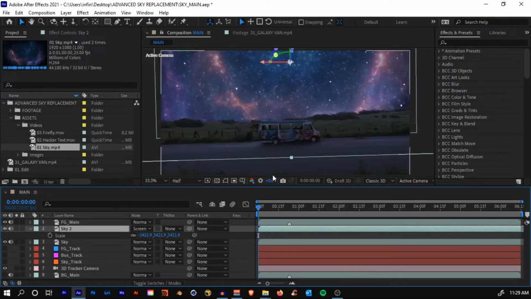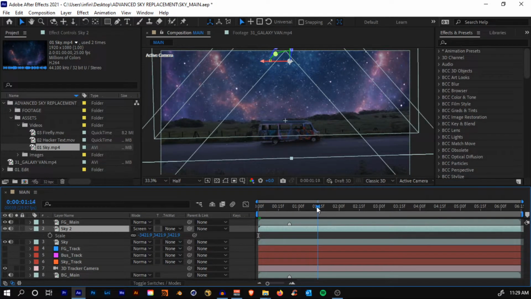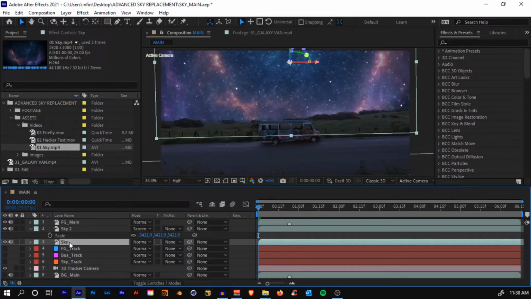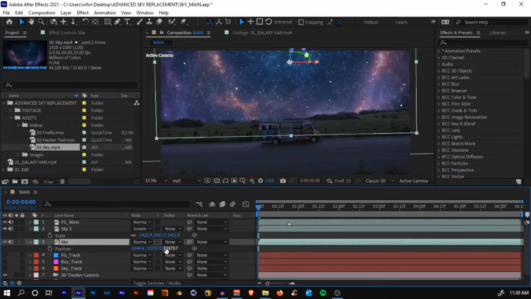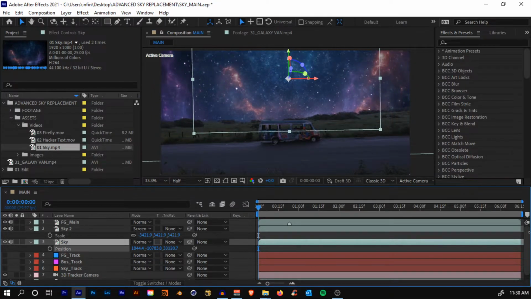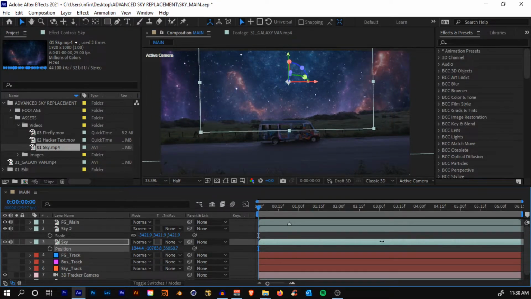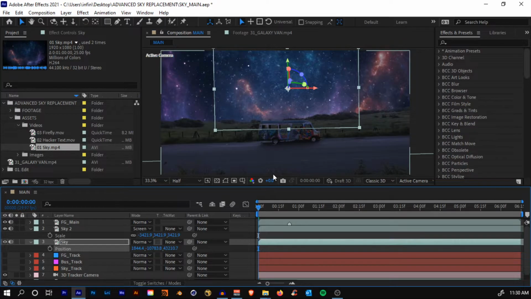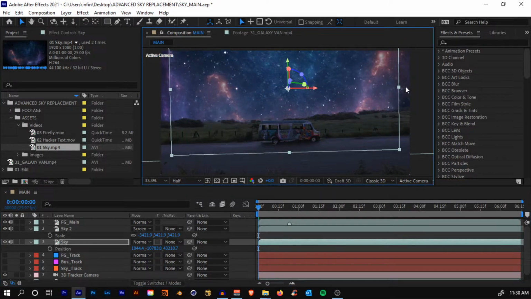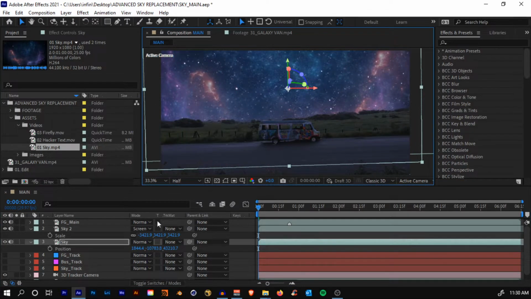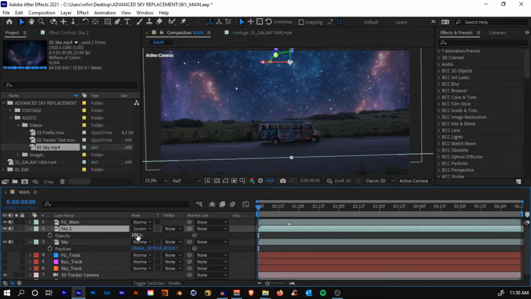Now you can also do one thing, just come to the sky layer, you'll see the Z axis right here. So just hold shift and push it down until it goes back in Z space, and then just scale it back again, holding shift while doing it. Now you can decrease the opacity of the top layer to somewhere around here. I have basically created some depth to our sky.